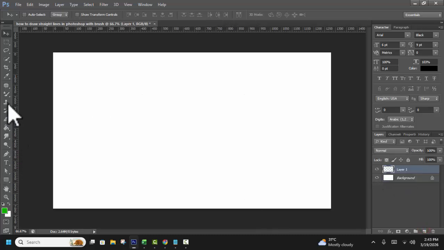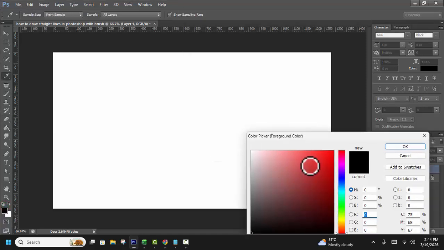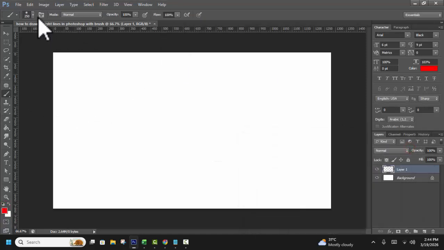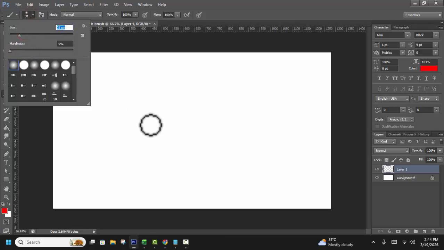Create a new layer. Select, click on the brush tool. Choose the brush tool color, for example the red color, and brush size, hardness or without hardness. Example, use